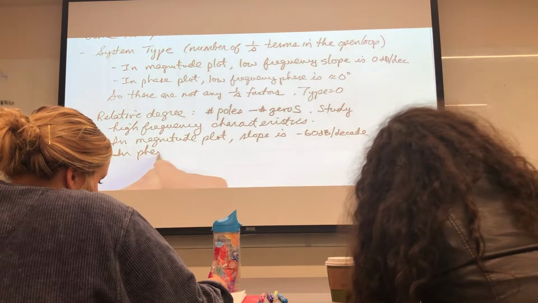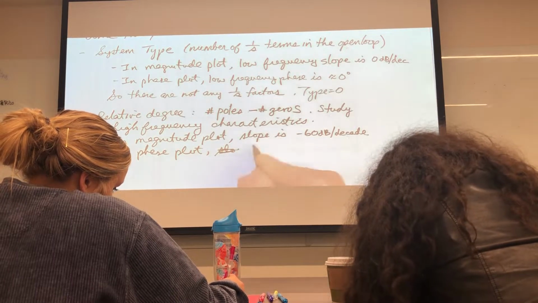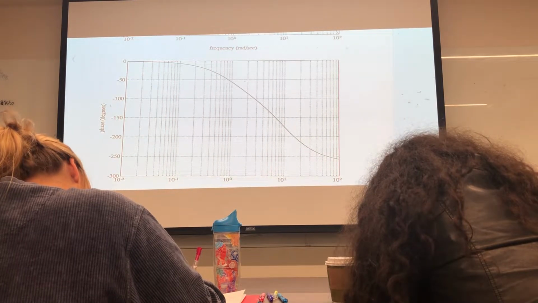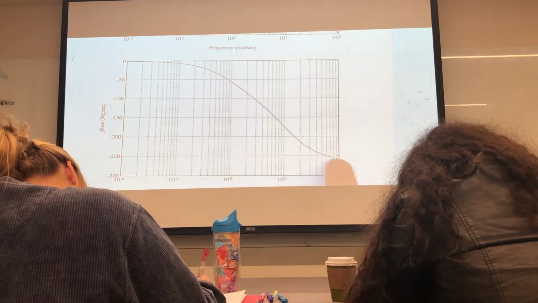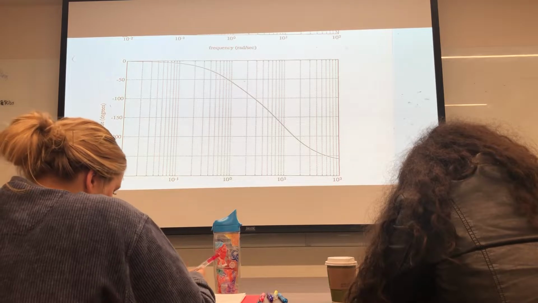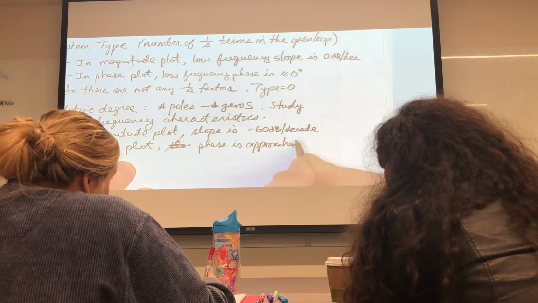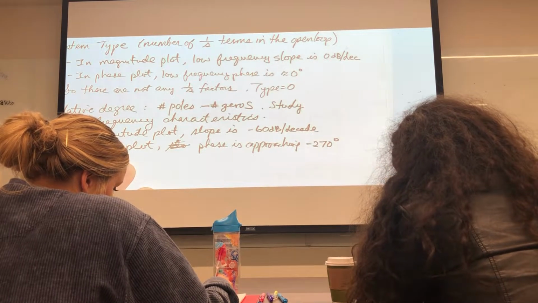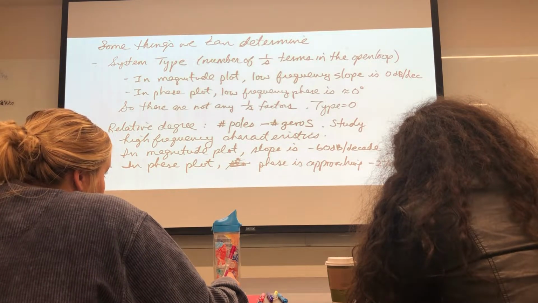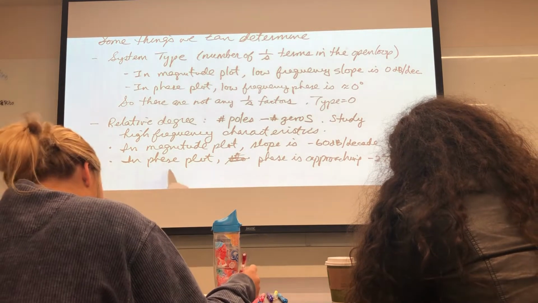In the phase plot, let's take a look at the high frequency phase. At high frequencies, it looks like the phase is approaching some multiple of negative 90 degrees. It looks like it is approaching minus 270 degrees. So we can guess that the relative degree